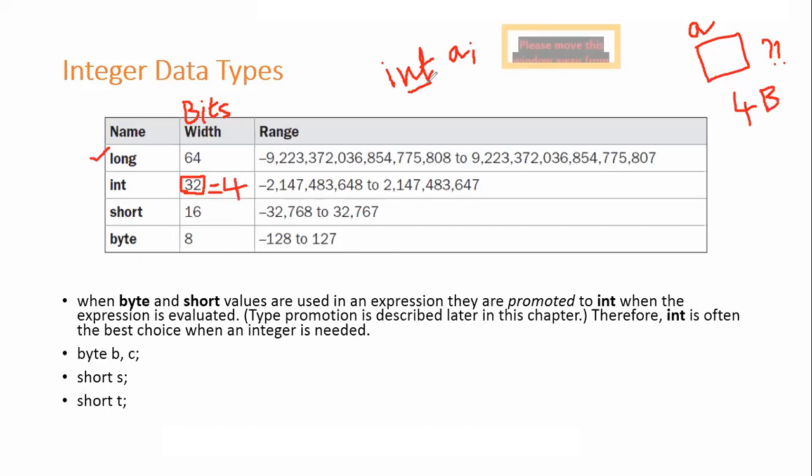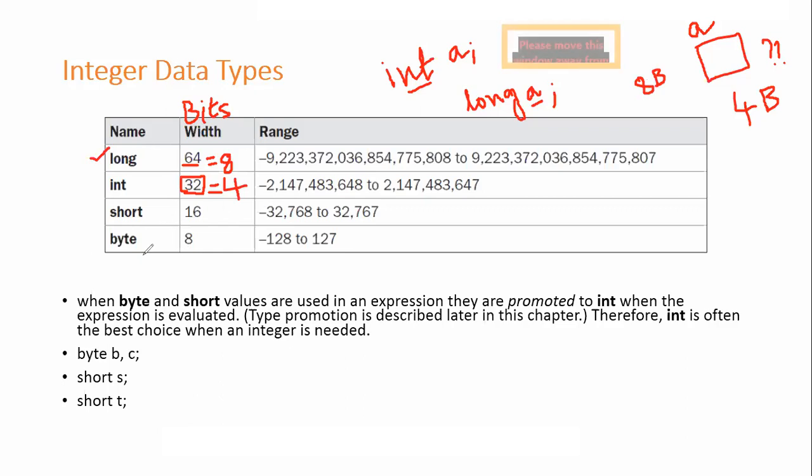Okay. Now instead of int, let me make the same variable as long. Let me make this variable a as long. Now I've declared the same variable a as long. Since I made this variable a as long, how much memory is allocated for the variable called a? This chart shows that it's going to occupy 64 bits, and 64 bits is nothing but 8 bytes. So 8 bytes of memory is allocated for this variable called a if you make it long.